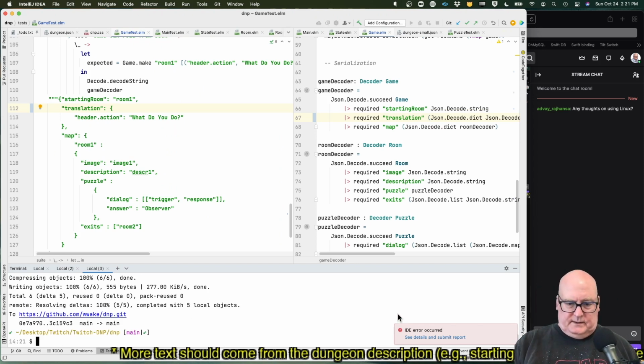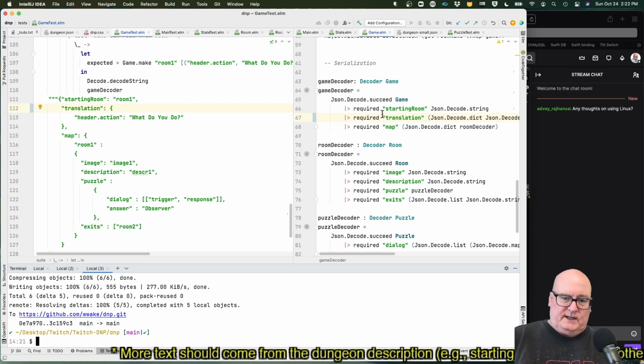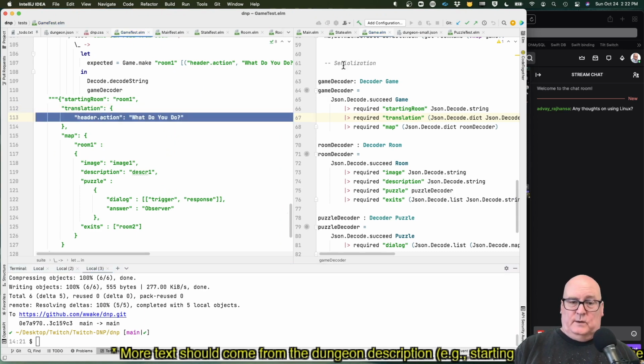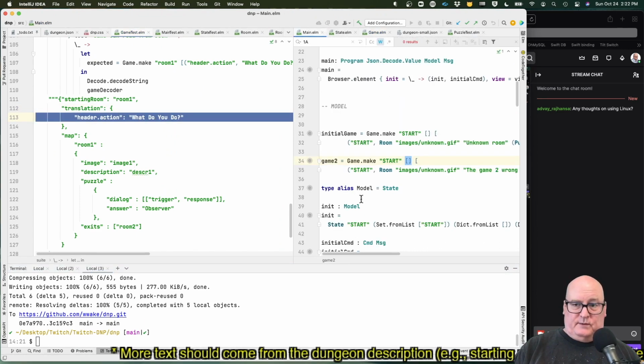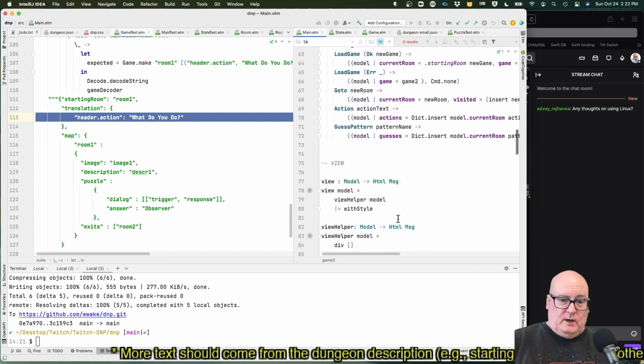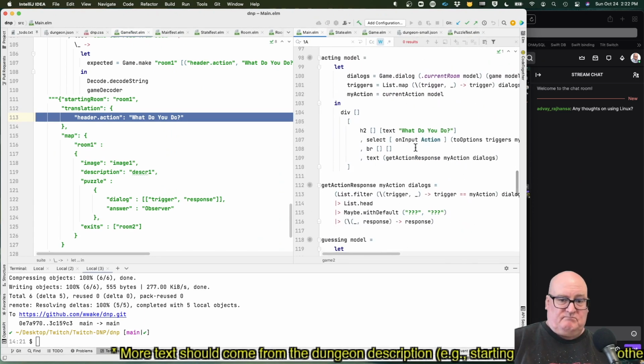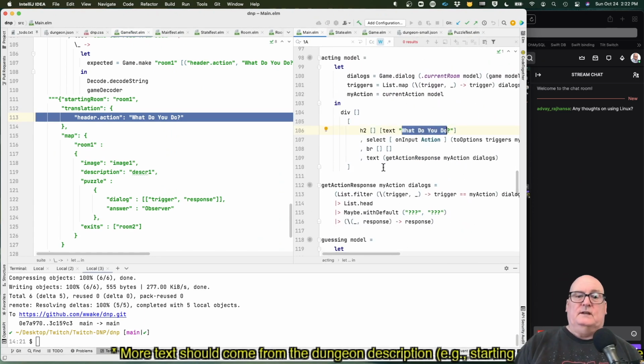All right, and I think it's probably a good time for another break. Let's see. So we've got this translation field. We've got a dictionary that will pick up translation things. We don't actually use it yet. So the next step is we want to make any of these fields, any of these English phrases, be in our dictionary for translation. So we want to make that work. All right, so we'll take that 2-minute break, come back, and start using our translations and see what happens. All right, see you in a couple.